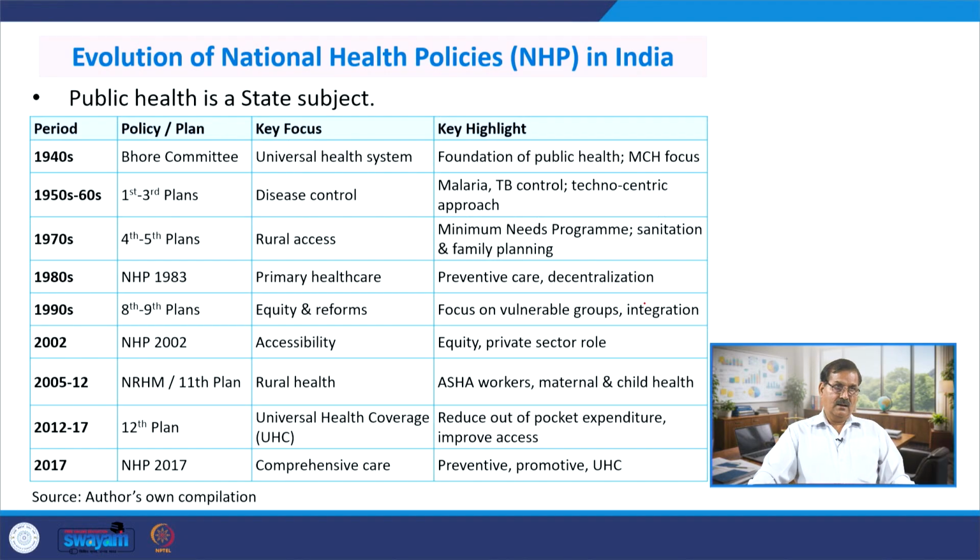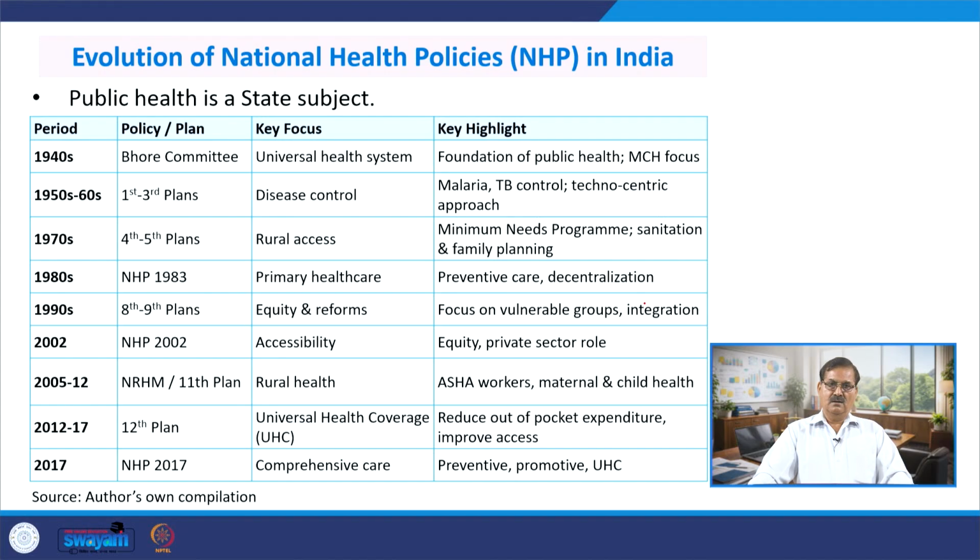Then in the next five years, 2012 to 15, in the 12th plan, the focus was universal healthcare services coverage, and the main focus was to reduce out-of-pocket expenditure and improve access to public healthcare services. In fact, out-of-pocket expenditure on health is the major issue, because due to lack of effective public healthcare services, households spend a lot of money from their own budget, and that makes them impoverished,